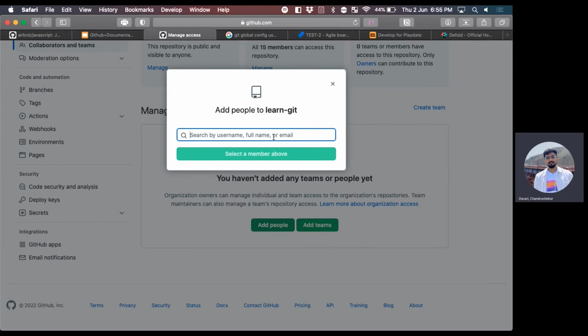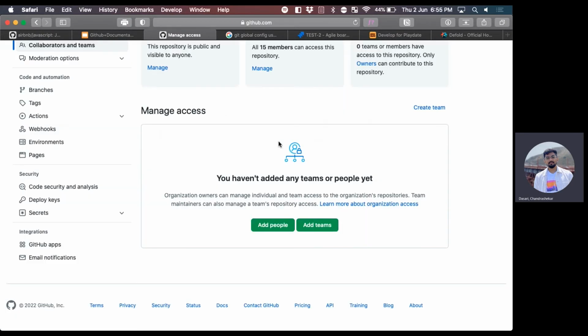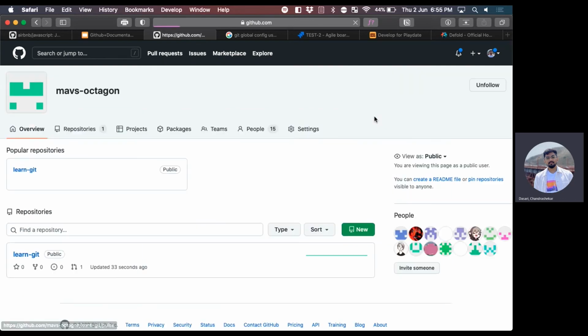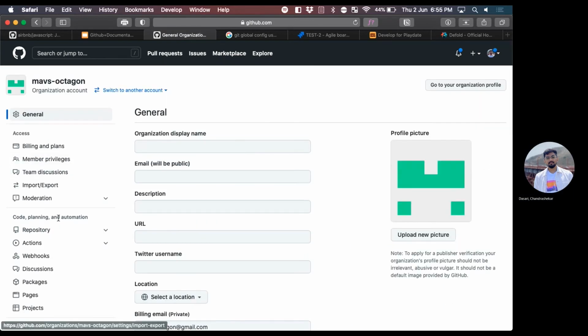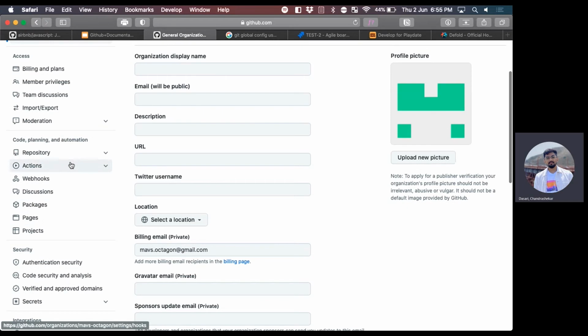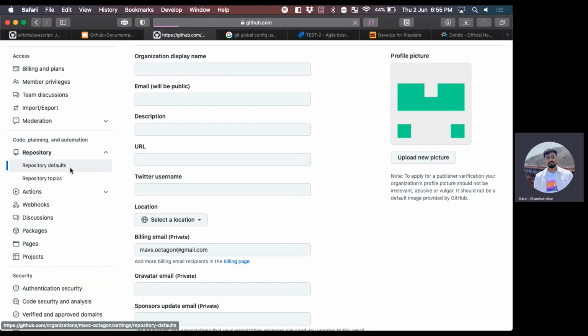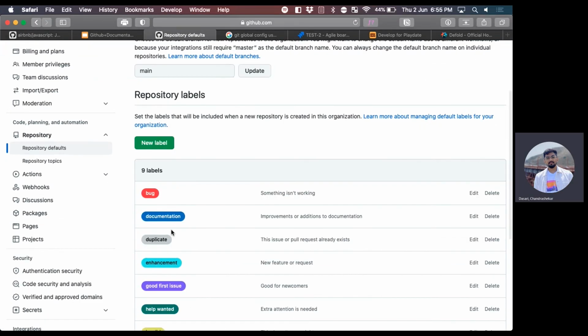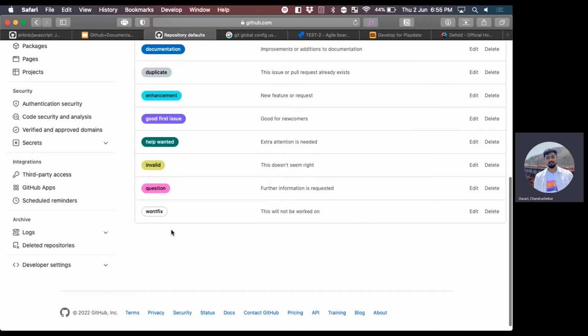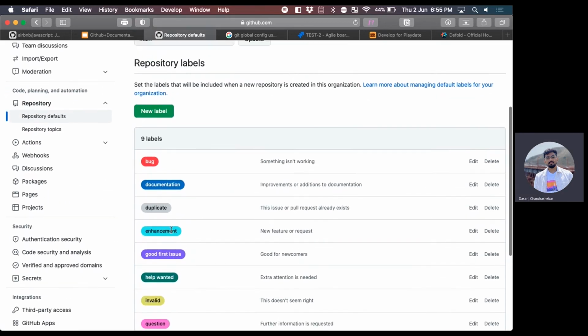There's a method to the madness. We had to set it in the organization settings. Oh yeah, repository defaults, base permissions, right.